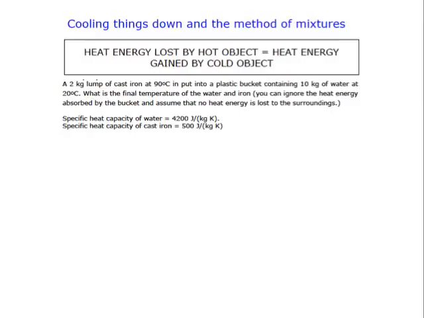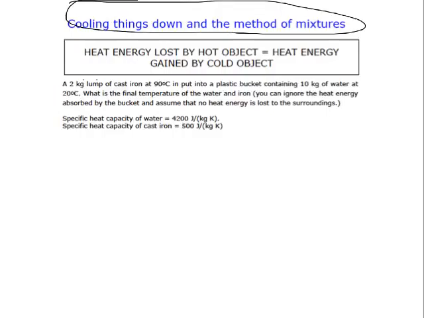So this is how to solve problems that involve changes in temperature, things cooling down, by the method of mixtures. The premise is that you have two objects or substances at different temperatures that you put together, and then they become a common temperature. So for example, you might have a coffee mug with hot coffee,